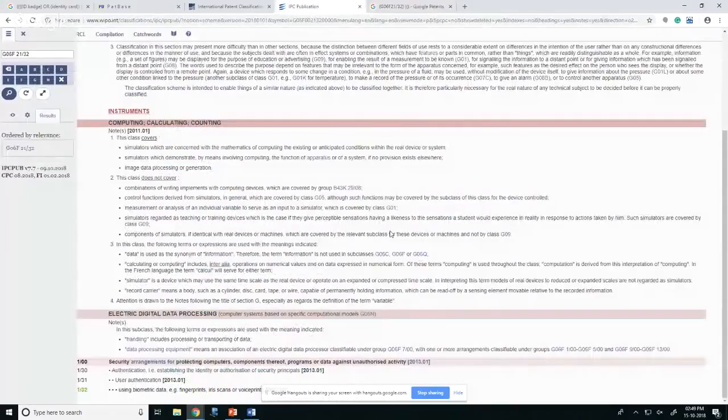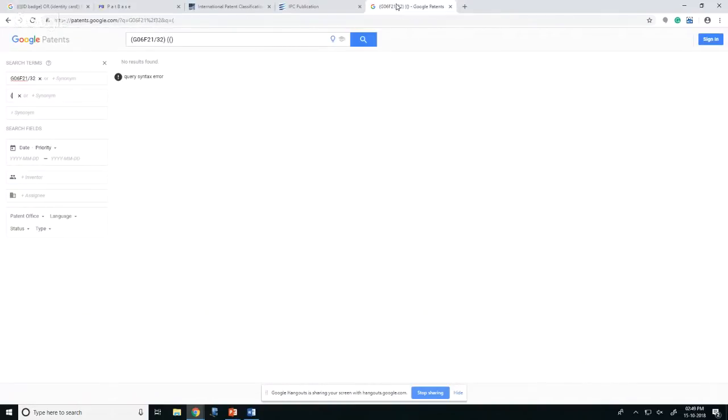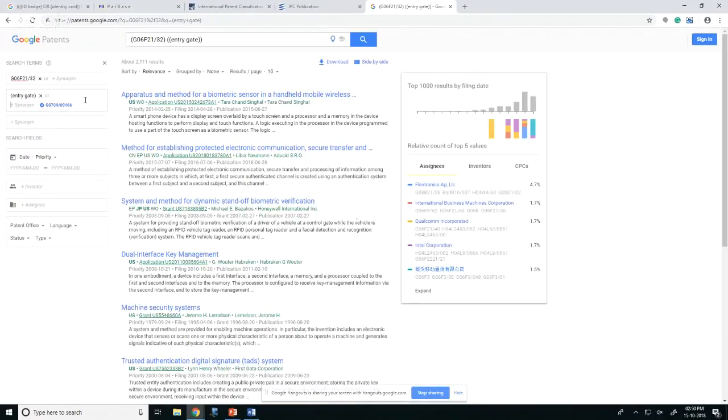The mention of biometric is already in the classification code, as it is a gist of the invention stored within it. So you have to exclude whatever is already mentioned within the classification code. Since it includes biometric data, we have to look at anything outside the biometric data. So all I need to include is the entry gate or the entry pass,